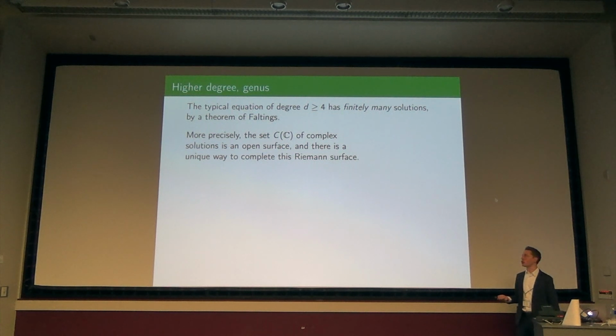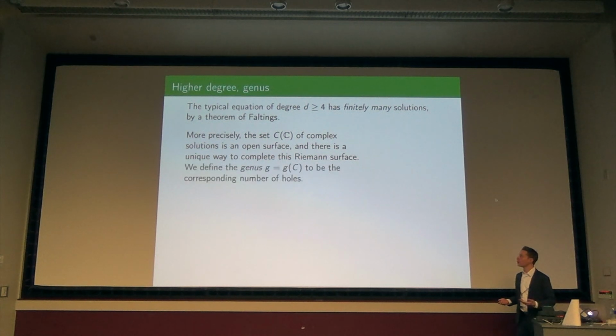Let me just assert there's a unique way to complete this to make a nice Riemann surface. Okay, so this is called compactifying. You missed finitely many points, and you can plug them in a way such that the total space is smooth. Okay? So in this way, you get a compact surface. You can just think of it topologically as a real surface. And it's orientable because it came from the complex numbers. So at every point I know which way I keep my orientation.